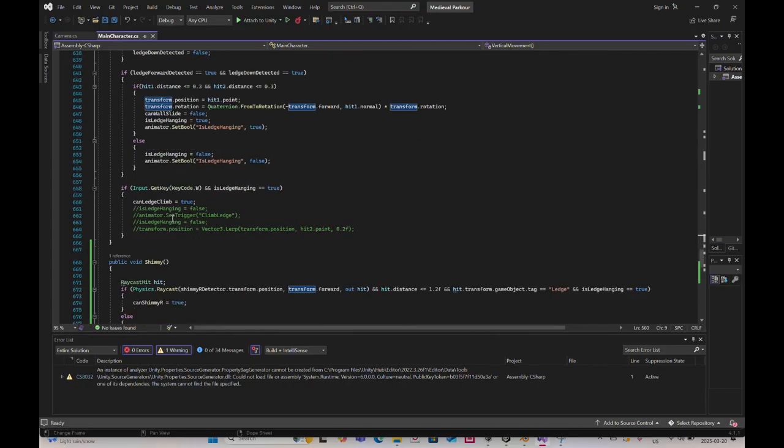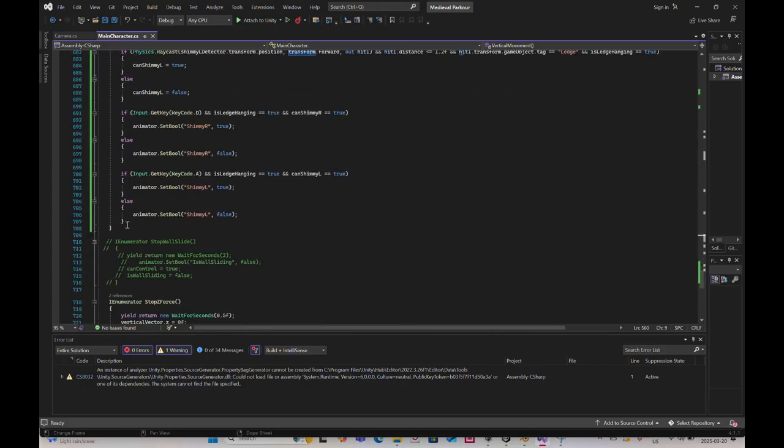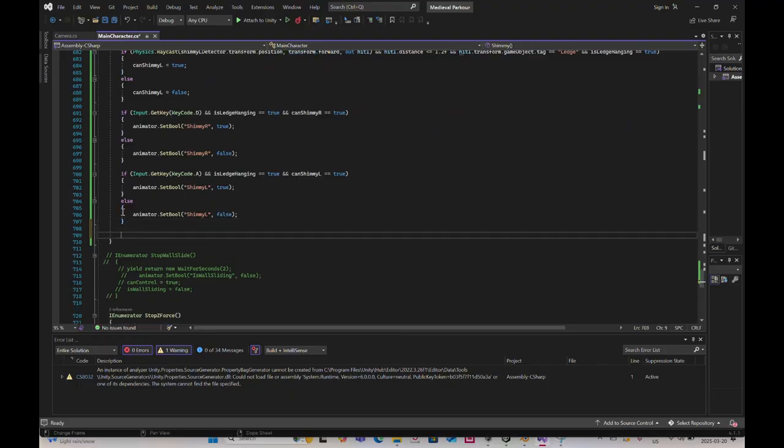So basically what's going to happen is this is constantly updating because there's no conditions. It's not under an if statement. So the only thing that I need to change is